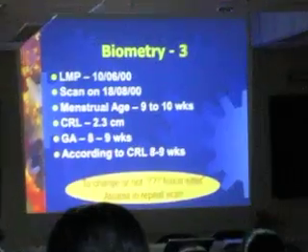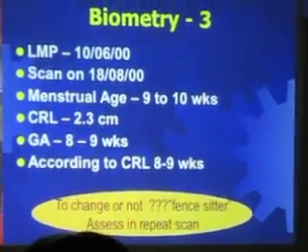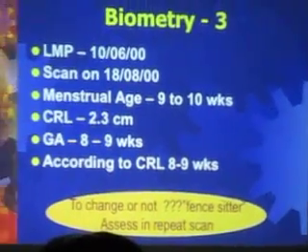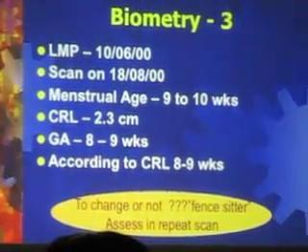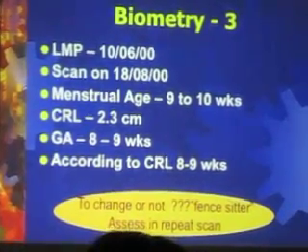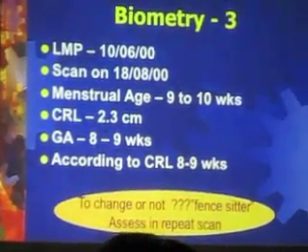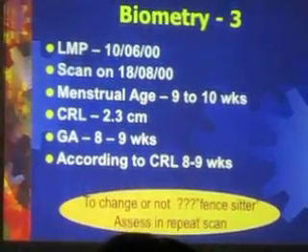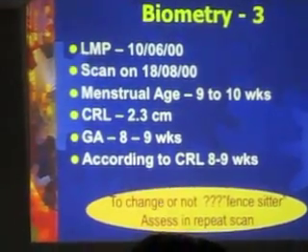So here, for example, menstrual age is 9 to 10 weeks, CRL is 2.3 centimeters, 8 to 9 weeks according to CRL. Now this is right on the border. This is just 1 week difference. According to menstrual age it's 9 to 10, here you can see 8 to 9. So this 1 week is within the variability limit. If she has irregular cycles, I would prefer to change the dates now itself. If she has absolutely normal cycles and she's very sure of it,